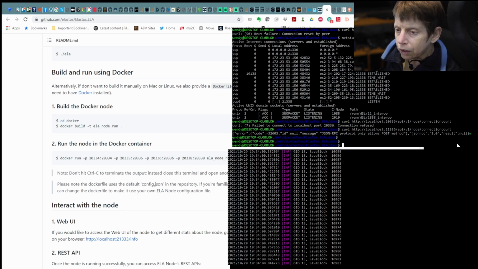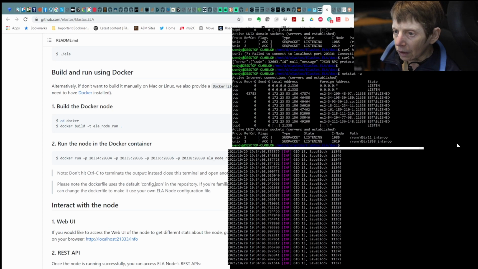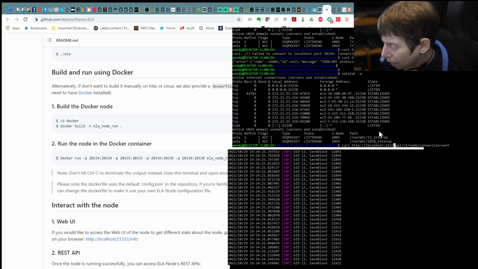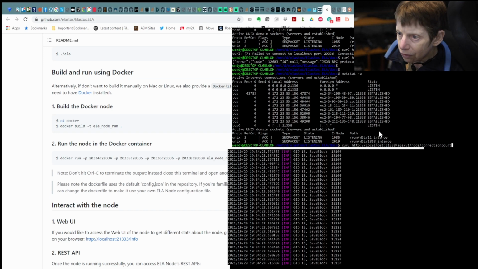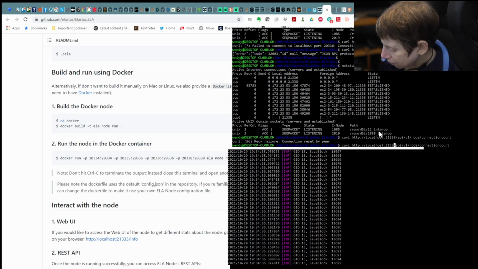What I noticed is if I ran netstat -a, which was recommended in another thing I googled, it says AOP. But notice here, this is where it's listening: 21336 and 21338. 21336 I think is the RPC, and that might explain. Let's see what happens, because it is listening on 8. I don't know if it's going to work. No. For some reason it doesn't like that. If I connect with 6,